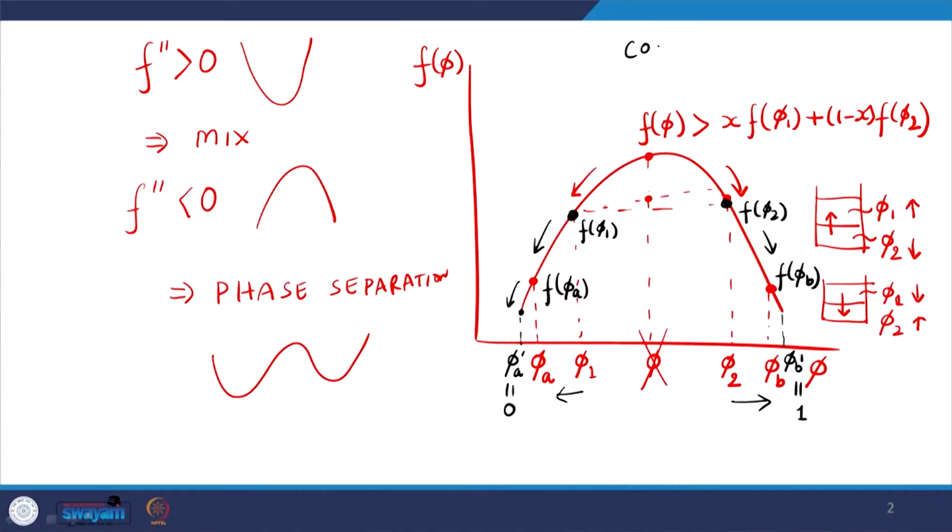That means you will have a pure solute phase in equilibrium with a pure solvent phase, and that is a condition of complete demixing. Very close to that we see in an oil water solution, the system wants to completely demix. So, you will have almost pure oil on top and pure water at bottom, and it is for those cases the function curve should look like this, so that the system wants to completely phase separate.